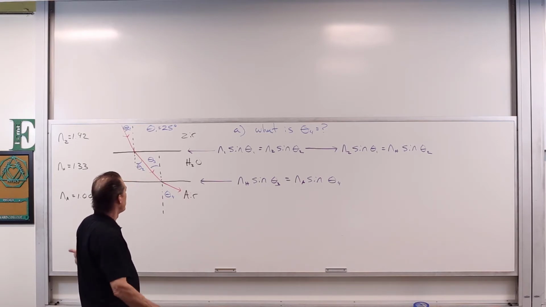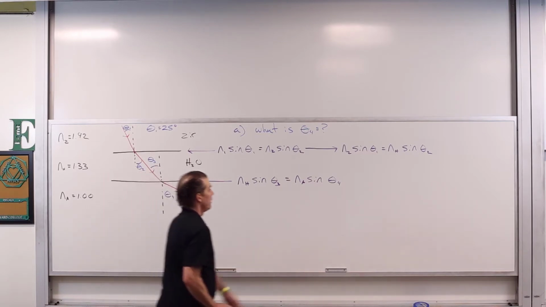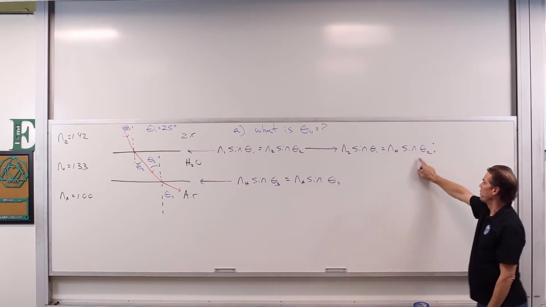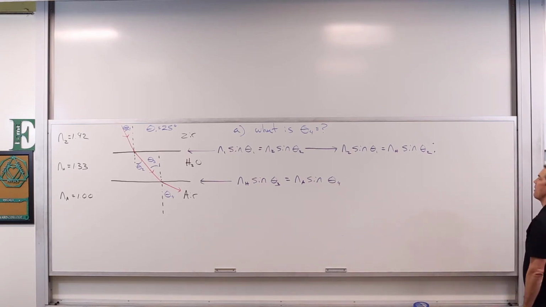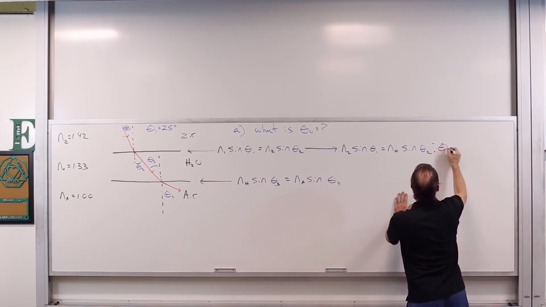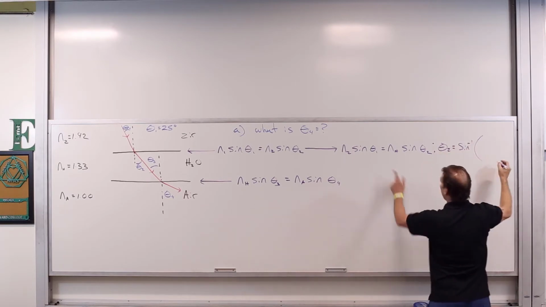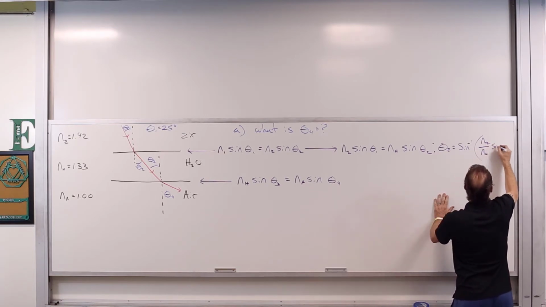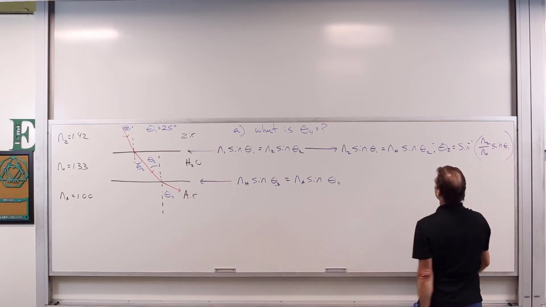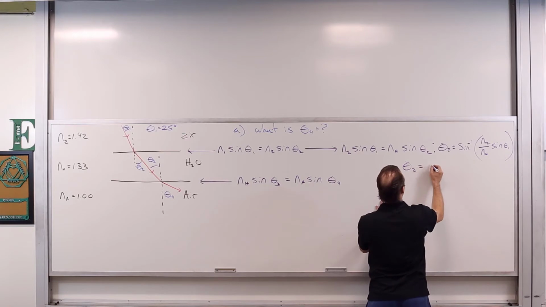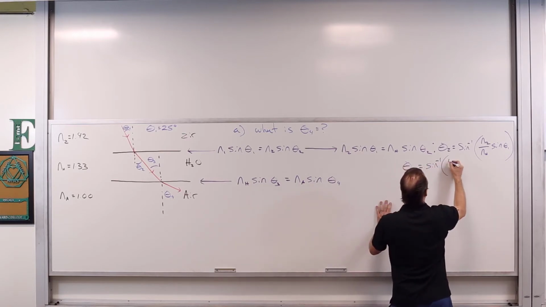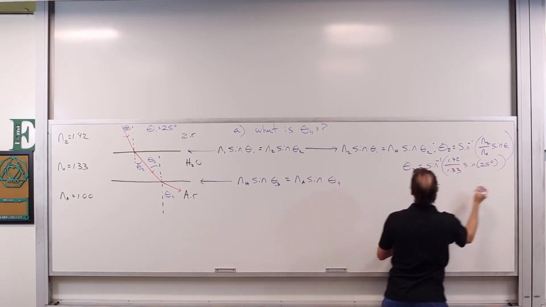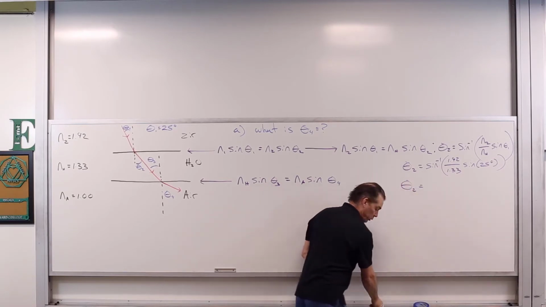All right, so what can we do? Well, we can start figuring out what theta 2 is from this, right? So we could move stuff around and isolate theta 2. We're going to divide both sides by n sub h, and then take the arc sine of both sides, and get that theta 2 is equal to the arc sine of n sub z over n sub h times the sine of theta 1. Which gives us that theta 2 is equal to the arc sine of 1.92 divided by 1.33 times the sine of 25 degrees, which gives us theta 2 is equal to,